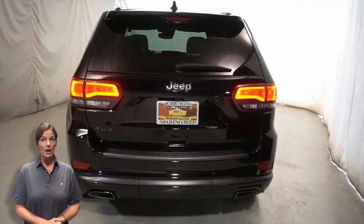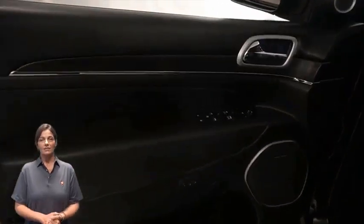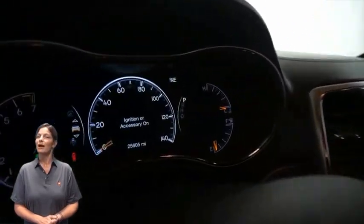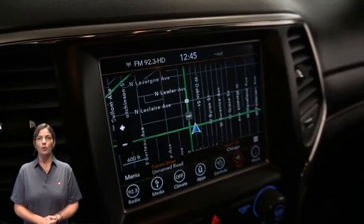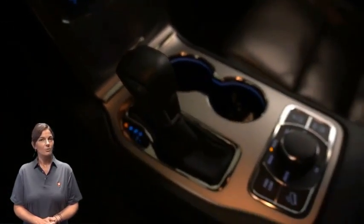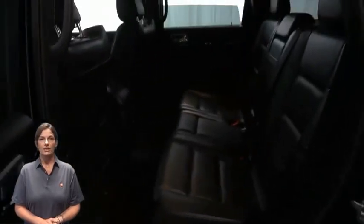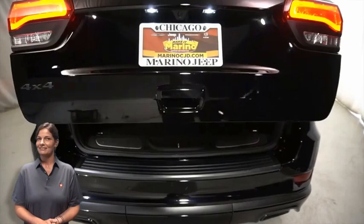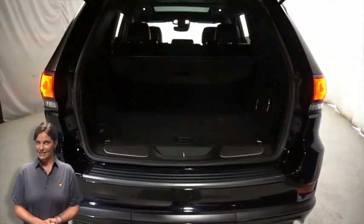lamps, tow package, heated and ventilated front seats, heated steering wheel, 25,000 miles on the odometer, 8.4-inch touchscreen display, navigation, rear backup camera, dual zone temperature control, SELEC-TERRAIN system, heated second row seats, power liftgate, 3.6-liter V6 engine, and so